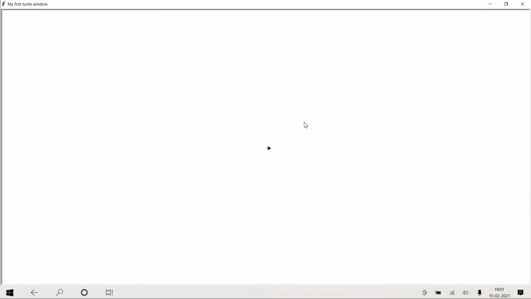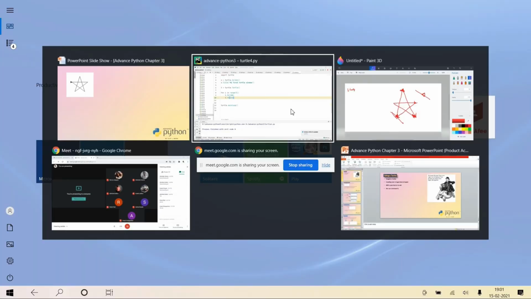It does not come to the same point again, sir, if we change the angle. So mathematically, if you find out, to get the same star, the angle is properly calculated as 144 only. Okay? If you change it, it will not be a perfect star. Now I took 100.